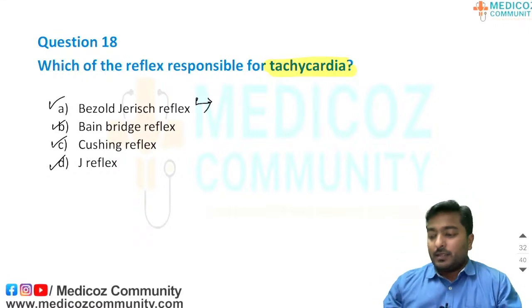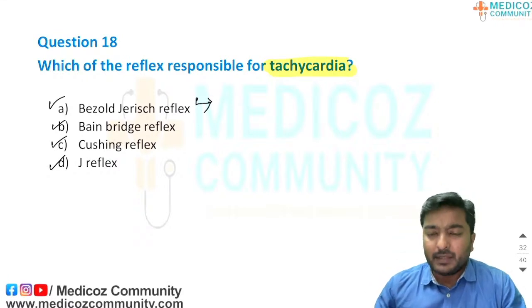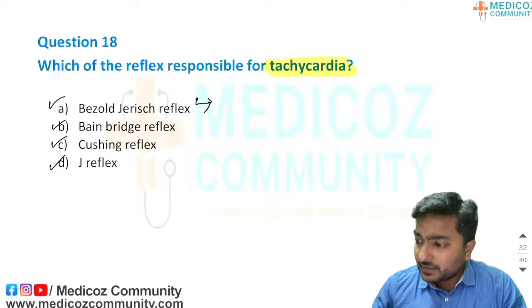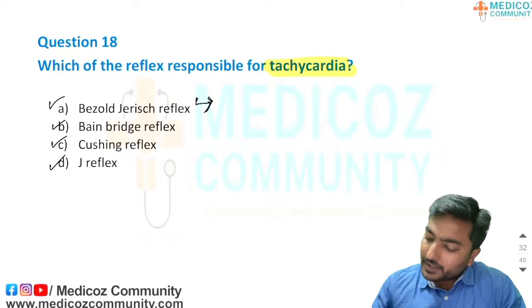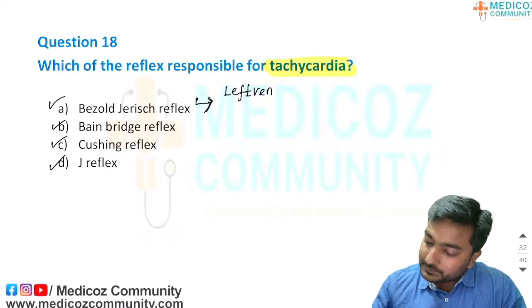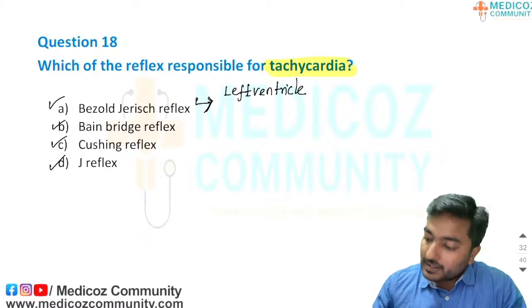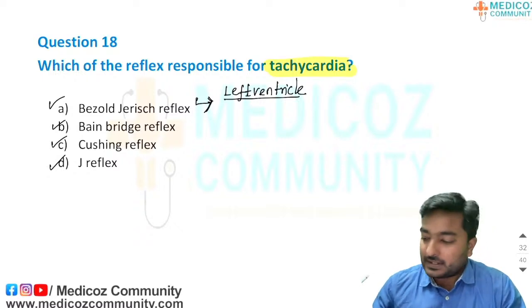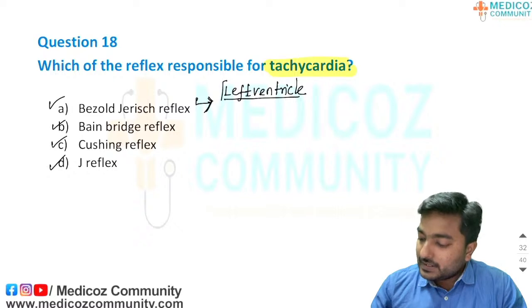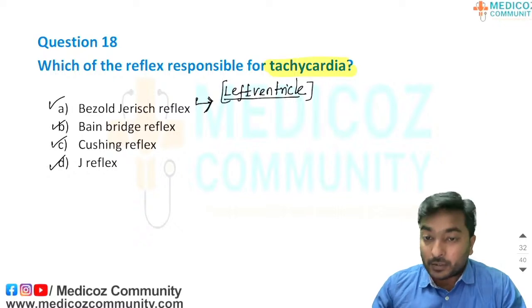Bezold-Jarisch reflex. The Bezold-Jarisch reflex will be elicited whenever... first I will say the location of the receptors. The receptors responsible for this reflex are present in the left ventricle. They belong to the mechanoreceptors, or they can act as chemoreceptors. Since I said this is a chemoreceptor or can act as a mechanoreceptor, these receptors can be activated by one